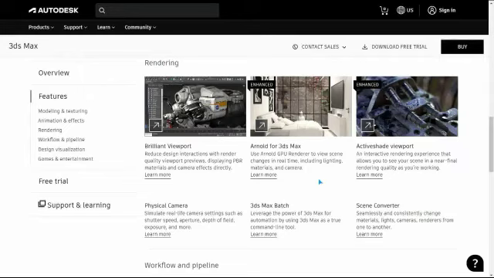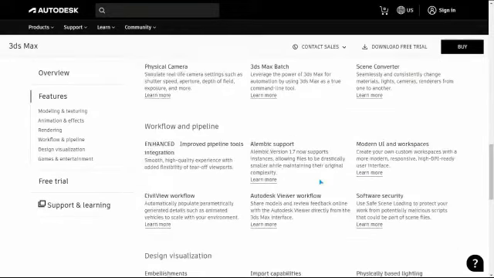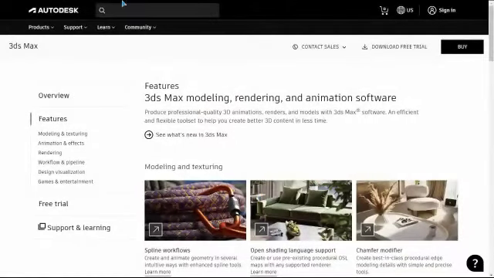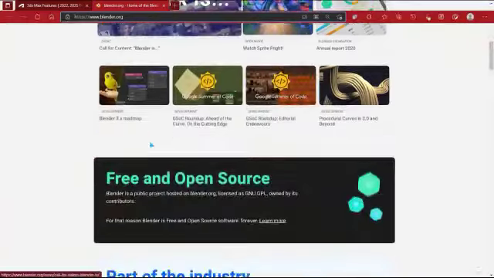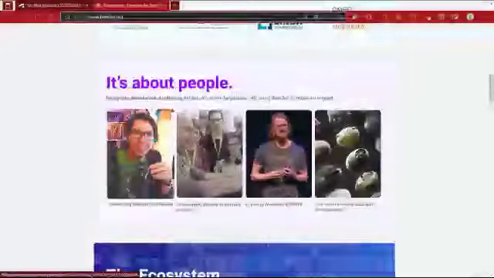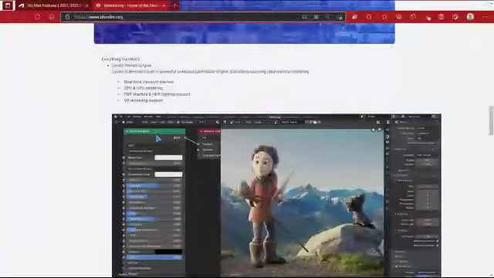That's very laggy. So physical camera, batch scene converter, and they have a few more things that they've developed. Now going to the next, we have the freedom to create. That's their tagline. Okay,